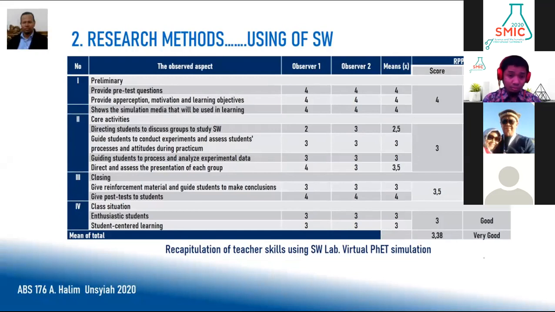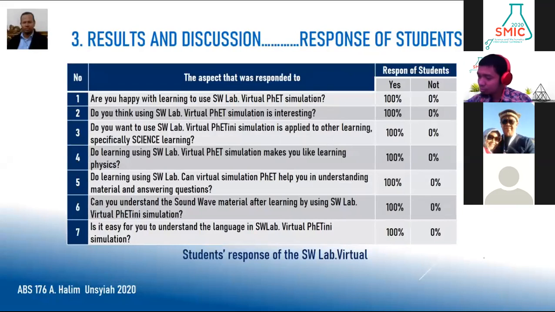All activity, observer 1, observer 2, observer 3, we get 3.38 mean, very good. And then the response of students, we asked the students about 7 items. All students have responded as very good. All students are happy with learning using SW Lab virtual simulation,